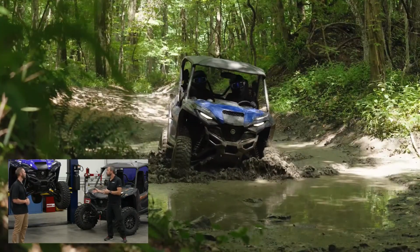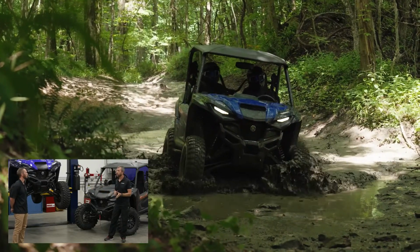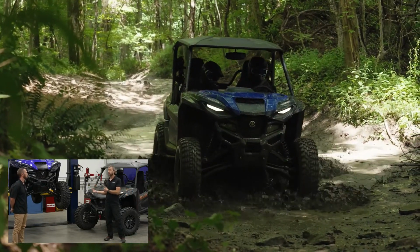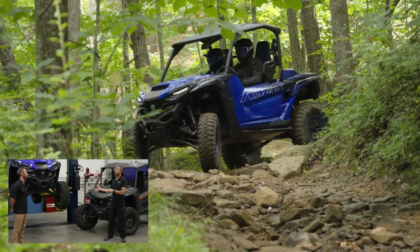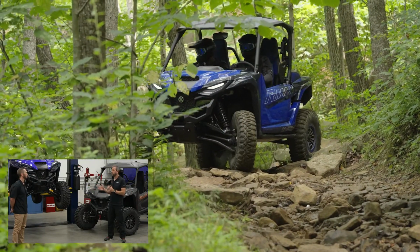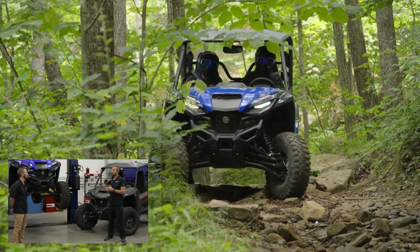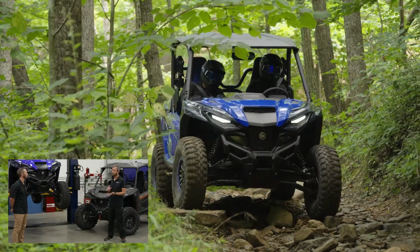Yeah, from a tuning perspective, we left the rear sway bar off. So again, the Rmax 2 is very unique in the market, with a front sway bar but no rear sway bar. We kept that same philosophy here. We found that the front works really well in a wide variety of situations, especially coming into turns. You don't have to wait for the front to settle, but the rear offers excellent comfort, excellent articulation,